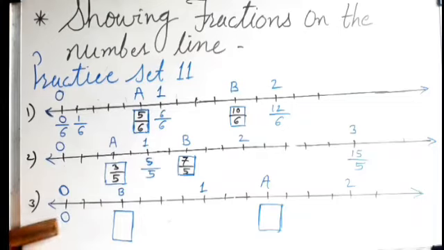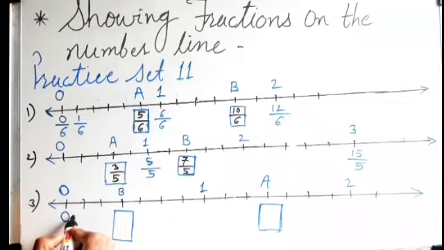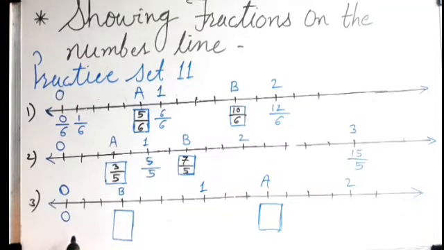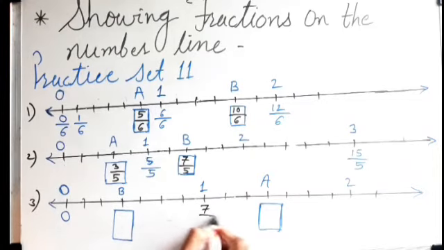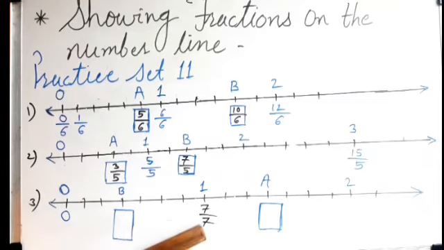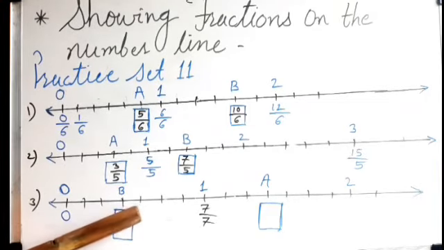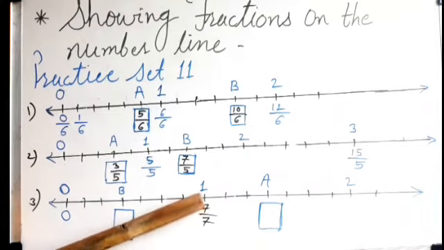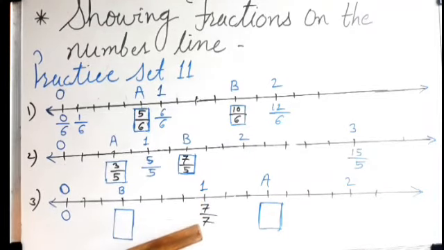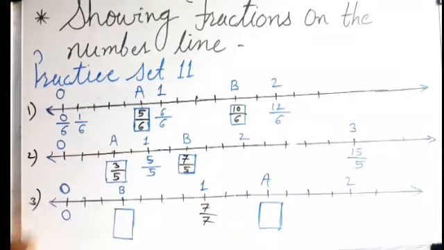So here see 0, then what will be the next? 0 upon 7, 1 upon 7. How did I take 7, did you understand? Here it will come 7 upon 7, that means 1. Because why did I take this 7 denominator? I have counted these lines 1, 2, 3, 4, 5, 6, 7. The 7th line is 1. That means it has been equally divided into 7 equal parts. And now go on increasing numerators.